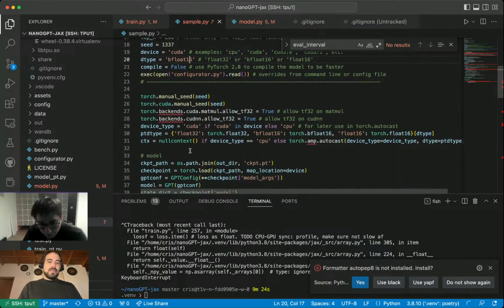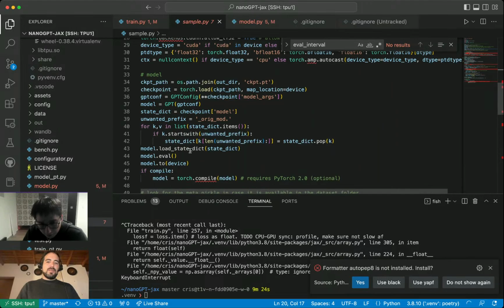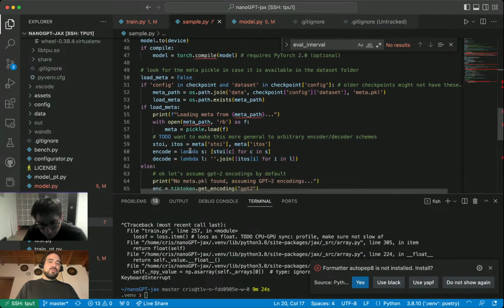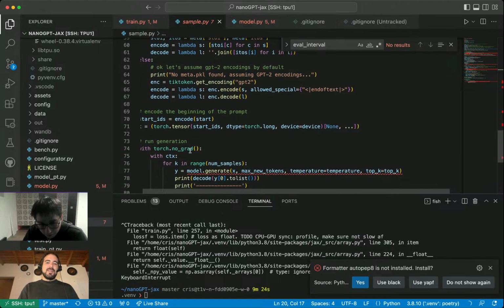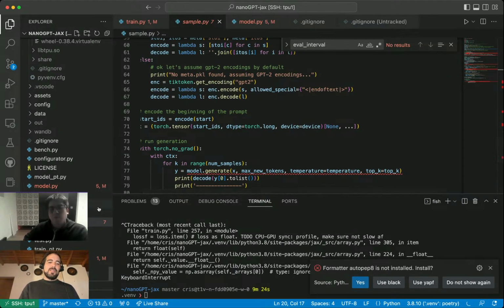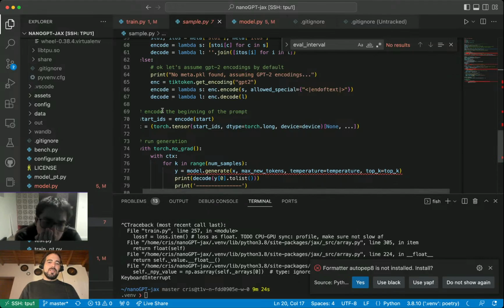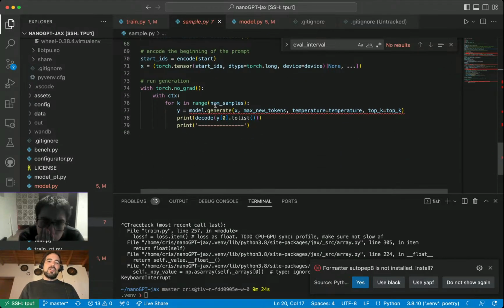So this script loads the model and then does inference. I think this is better. Maybe we can do this. But I want to do something simpler, which is, so they call generate here,